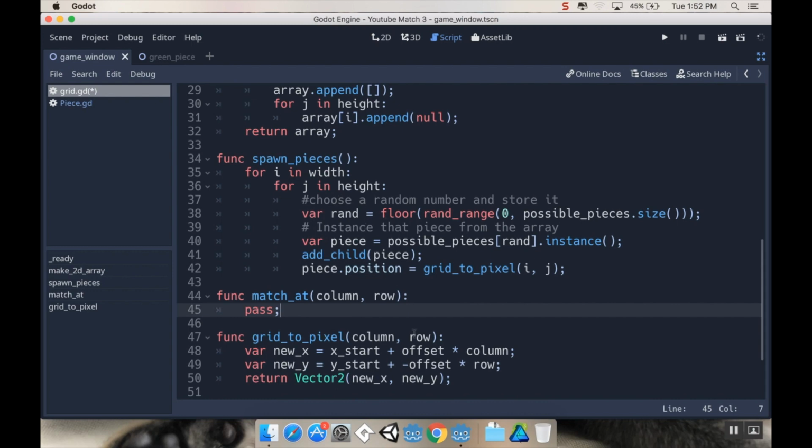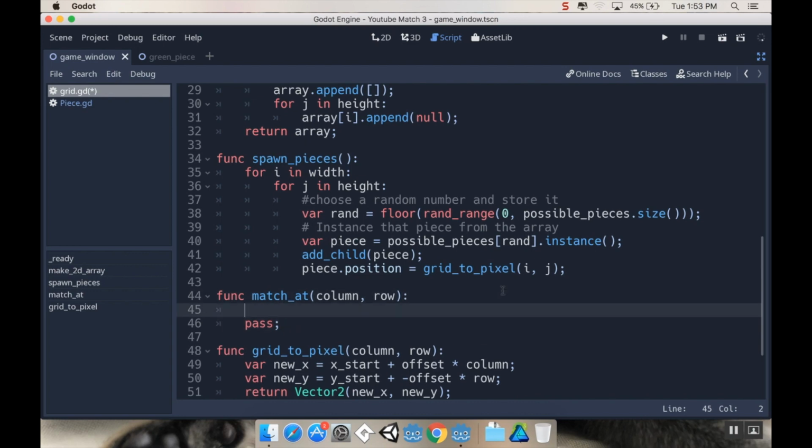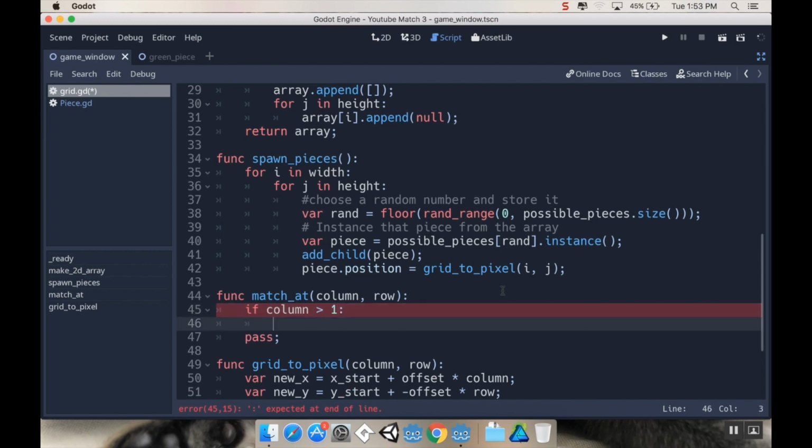And if there is a match, then it's going to return true. And if this gets a true response back from it, it's going to choose another random number and check again. It's going to keep doing that until it gets a false response. So from here, what I want to do is say if column is greater than 1, meaning if we're at least the third column and have space to go to the left,